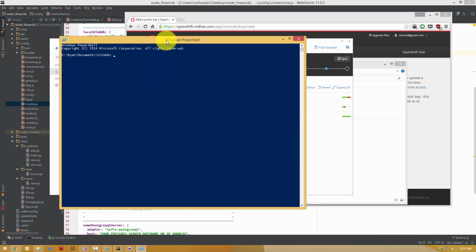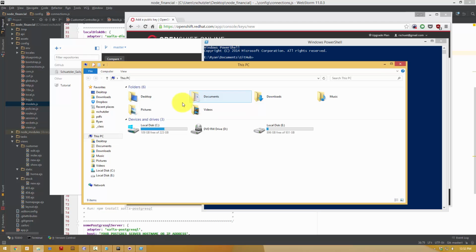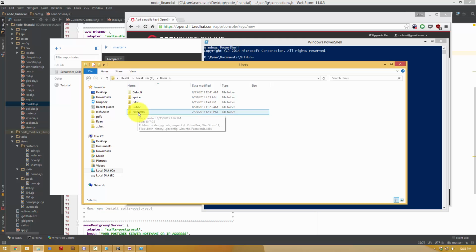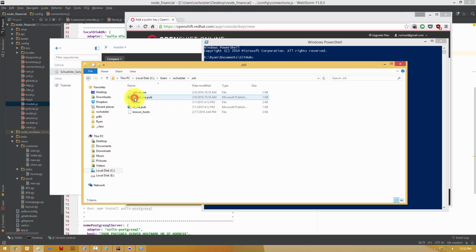And Git shell provides a text-based interface for you to interact with Git. In order for the Git shell to work, it can authenticate with your username and password with GitHub, or it can use an SSH public and private key pair. And it stores that public and private key pair in your user directory. So you're going to go to C drive, users, your username, and it creates a directory, if you didn't have one already, called .ssh. And when you open up that .ssh, there's going to be a GitHub_RSA and a